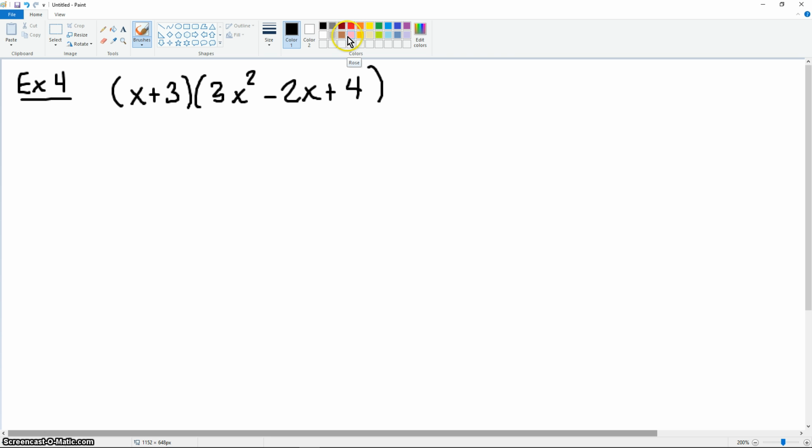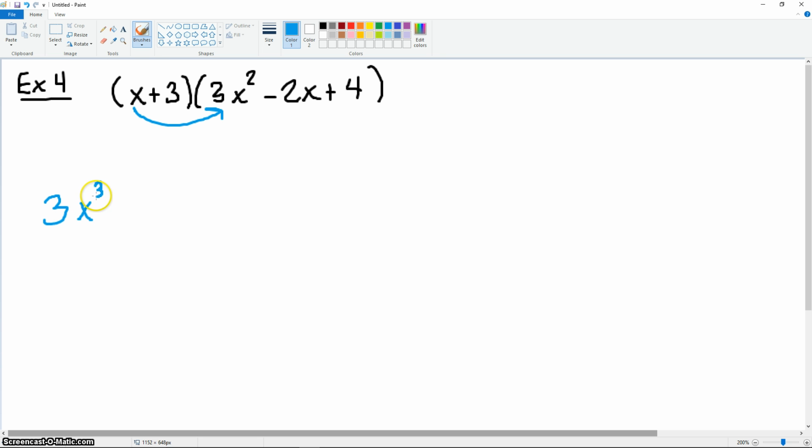This is where you have to remember your laws of exponents from Algebra 1. If you multiply like bases, you add the exponents. So that's all that we're going to remember from here. All right, so I'm going to use blue for this first term, x, and I'm going to multiply this x term into everything inside this trinomial here. So we have x times 3x squared, which is going to give us 3x